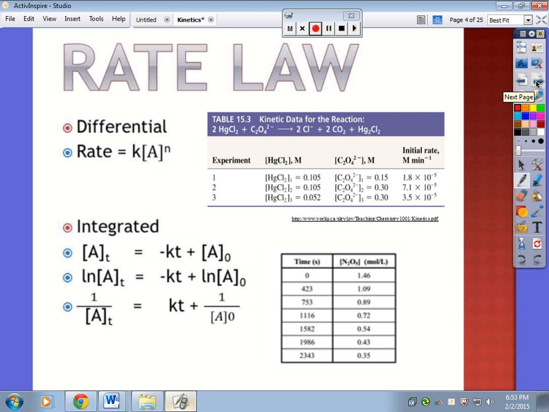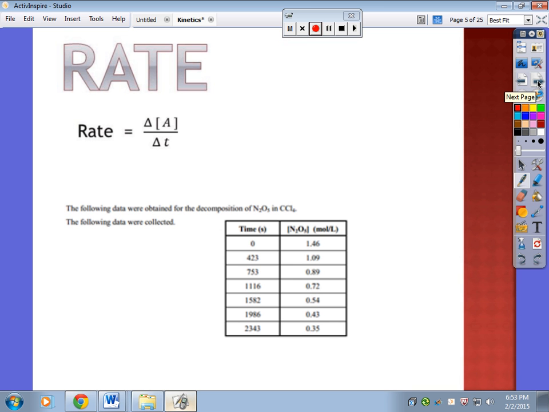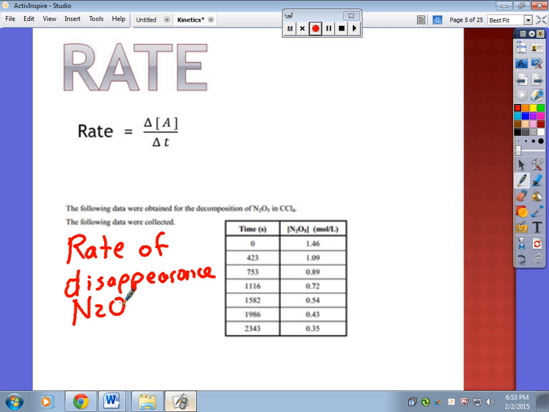So, again, differential rate law, integrated rate law, and there's rate. So let's talk about rate. I'm going to go ahead and find the rate of disappearance, how fast this N2O5 is going away, okay, between